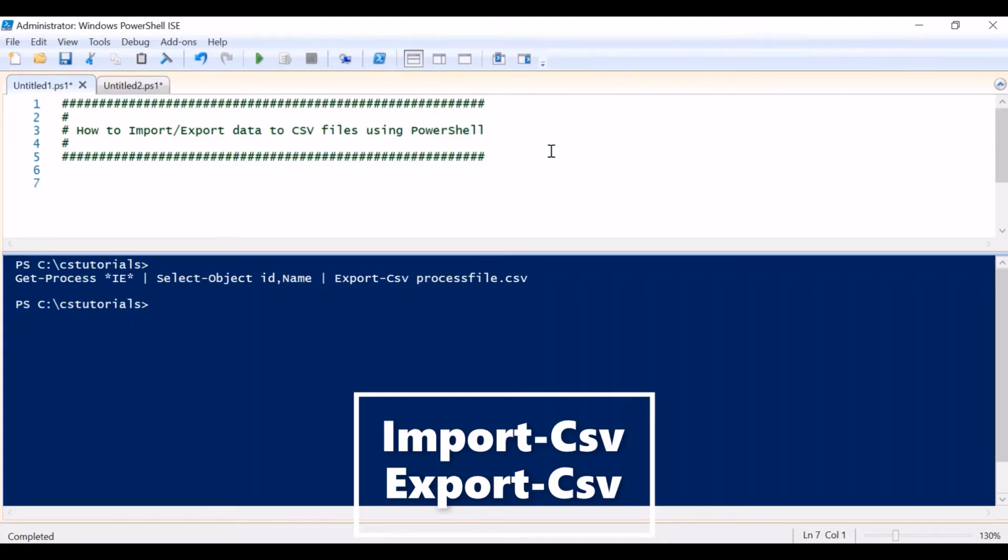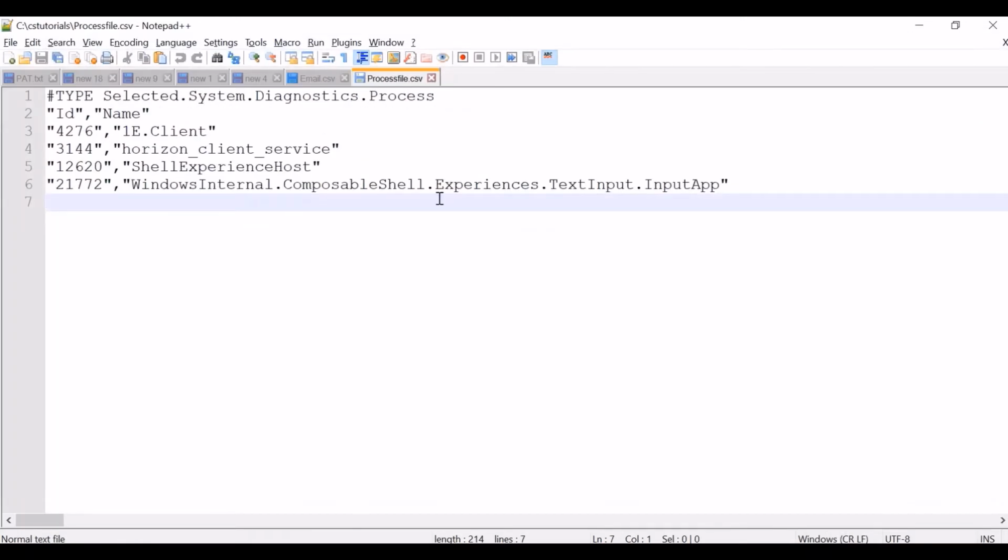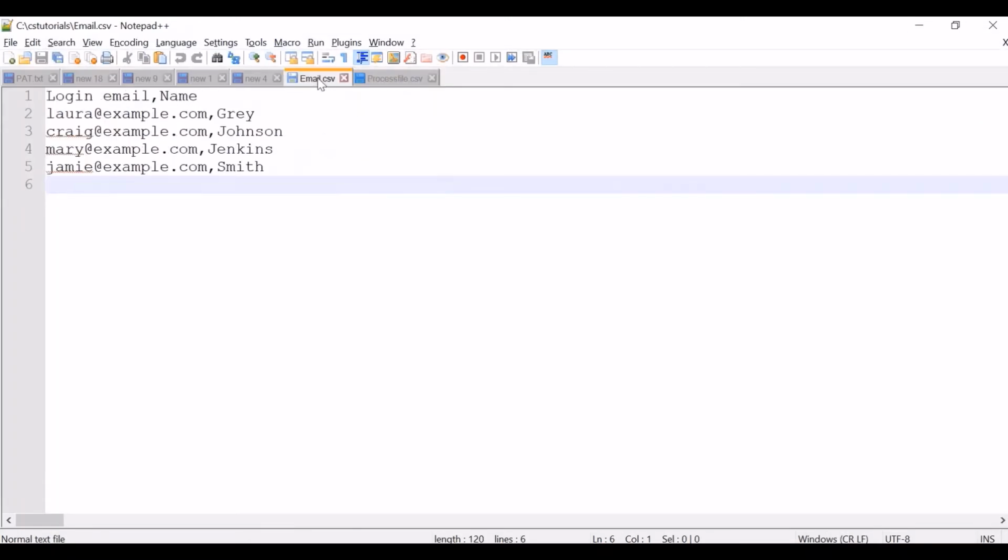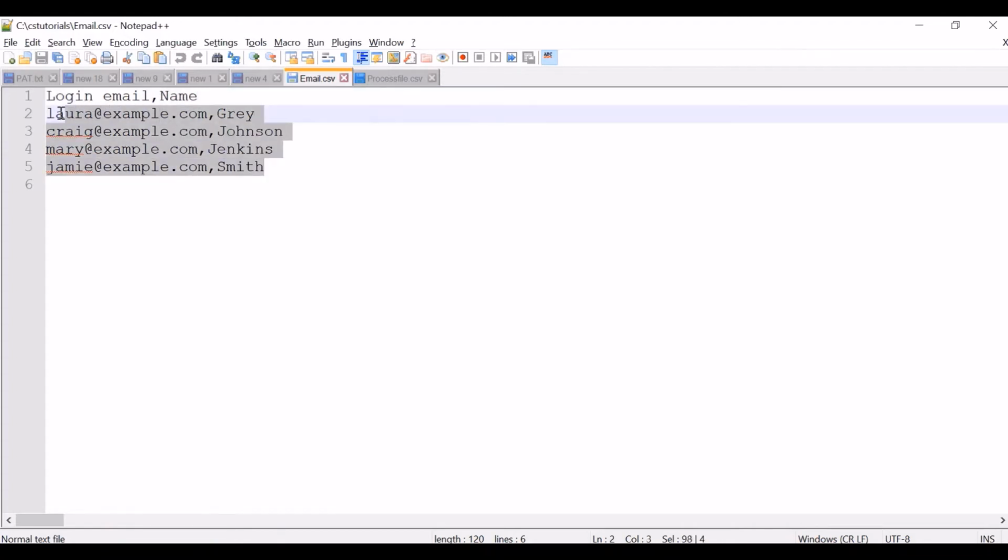Before moving to PowerShell cmdlets, let's take a look at a CSV file. So we have this file email.csv which we are going to use to import data in our PowerShell. CSV stands for comma separated values. It contains a list of data separated by commas. The first row will act as a header and further rows will act as data.